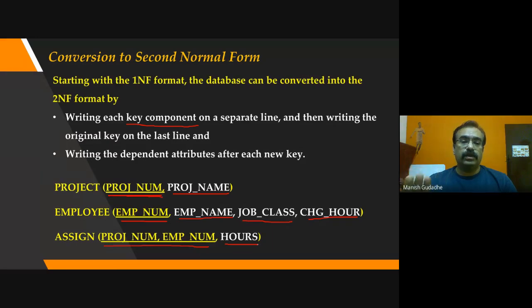Fine. So this is called decomposition, decomposing the huge table into smaller tables. But the only care we will have to take in this case is that the information should not be lost in any case. No information should be lost. Okay. So this way we can bring the database into a second normal form.